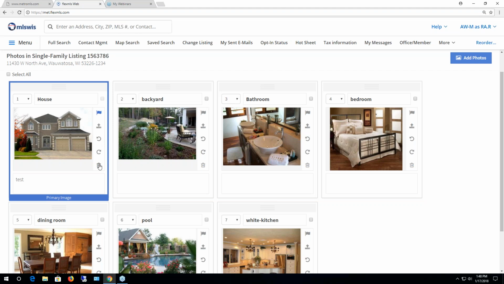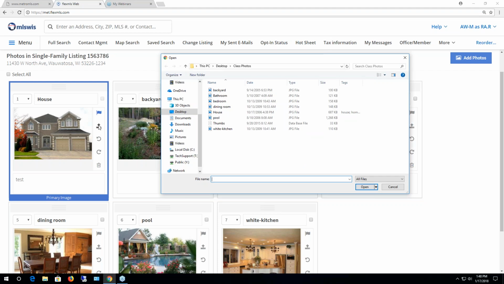If you'd like to delete the photo, you can remove the photo. Remember, main list photos, all the other ones have to be removed before this one. You can always replace it though. If you need to replace the main list photo, maybe at the time that you took the photo was wintertime, it's summertime now, that's what this is for, is to upload a replacement photo. So when you click that, it'll bring up that box